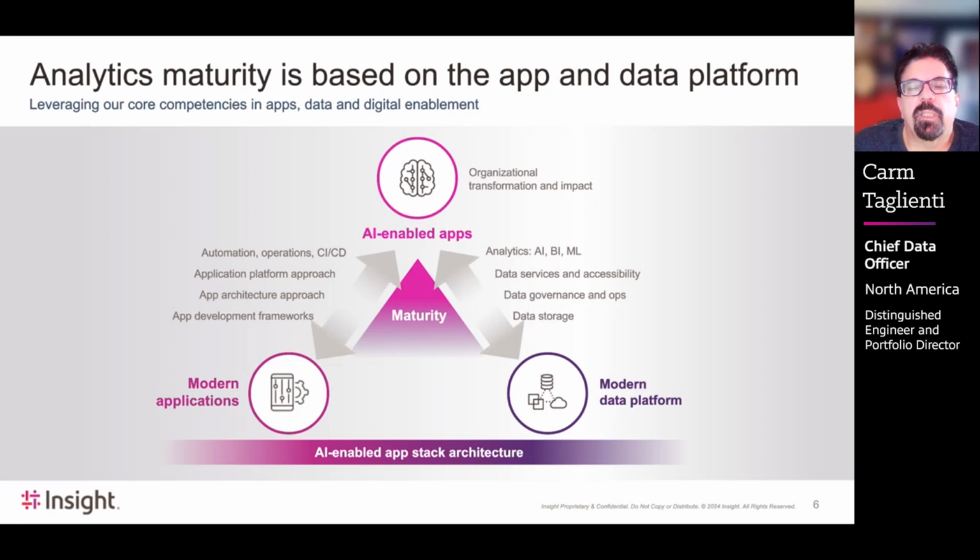And analytics maturity is based off of the modern data platform you see here down on the right. In essence, we think about it from the perspective of: where's my data? Is my data sufficient or able to support the analytics needs that I might have, whether it's AI, BI, or just ML? And ML I refer to as sort of classical AI. But we also have to think about things like, are we governing our data? How are we managing the services or access to that data? There are a number of different things we can think about as it relates to the maturity model of the modern data platform that underlies everything that we do.